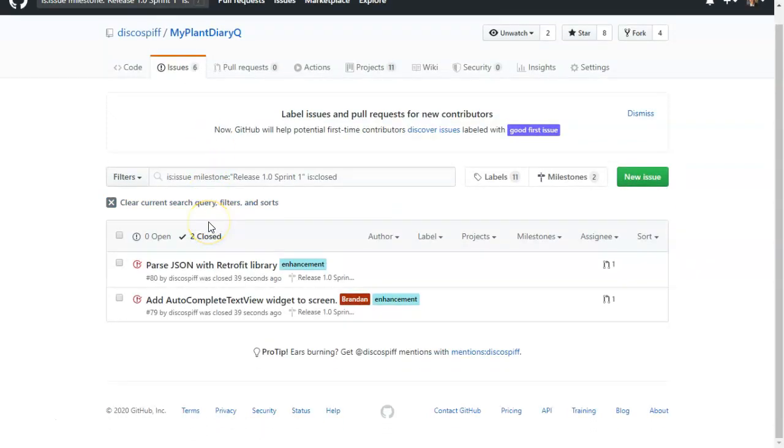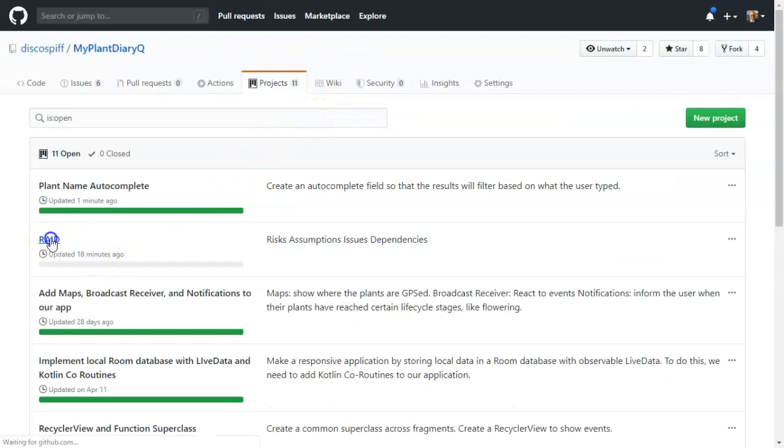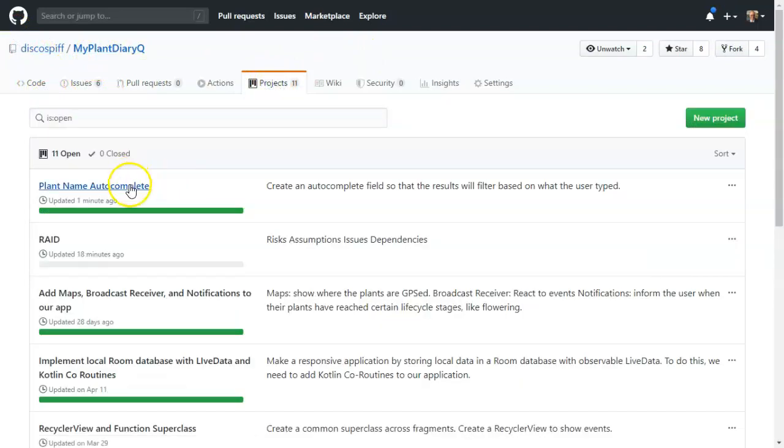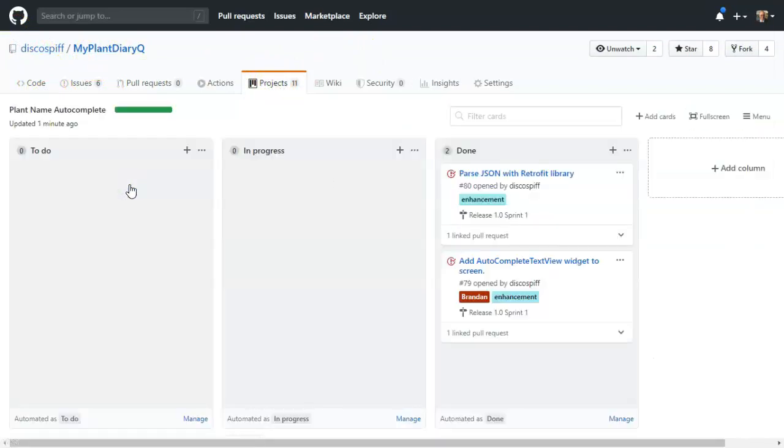So one really nice thing about GitHub projects is the way that it helps to integrate everything together. You can do very simple projects like our RAID project where it's all just issues that you're taking a look at with no automation, or you can go back and you can do an automated project like the one we just did where we take tasks that have to be done, we associate labels with them, we associate them to milestones, and we can associate them to a pull request